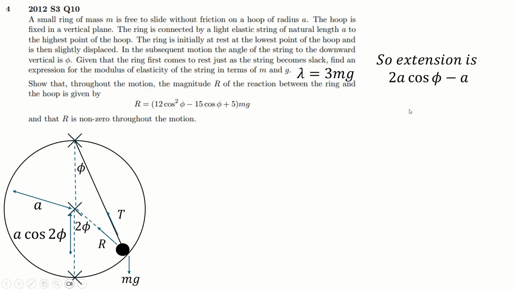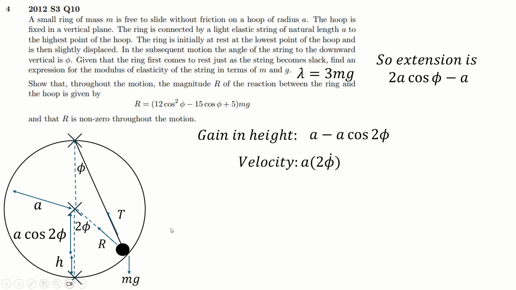We also need to think about the potential energy. So the gain in height, well, again, this is still A cos 2 phi. So therefore, this little height, which is the gain in height vertically, is just A minus this. So that would be A minus that. And our velocity, as we saw in the last question that we did in this video, is just, our velocity